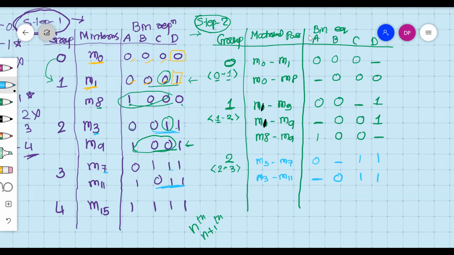Now take M9 with M7, M9, M7. It is not a matched pair. Okay, you can see this one and this one. It is not a matched pair. M9 with M11. Is it a matched pair? M9 with M11. This is same, these two. This last one is same. 10_1. So M9, M11 is a matched pair. This is 10_1, right? Okay.